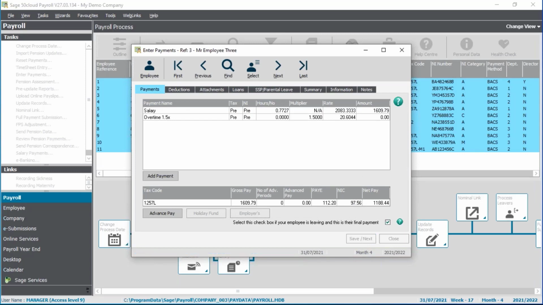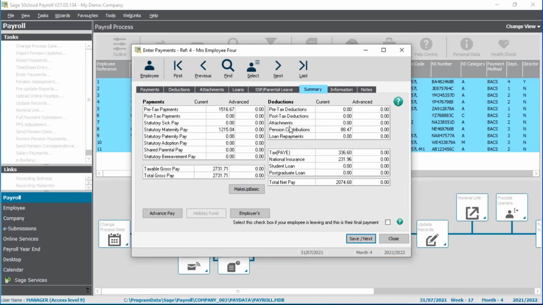So one more employee to look at in a bit of detail is employee 4. This employee started maternity leave this month. So because we entered the maternity details here on the summary tab, we can see the statutory maternity pay amount. And there is an option on the summary to make up to basic, which you would use if you have a company maternity pay scheme